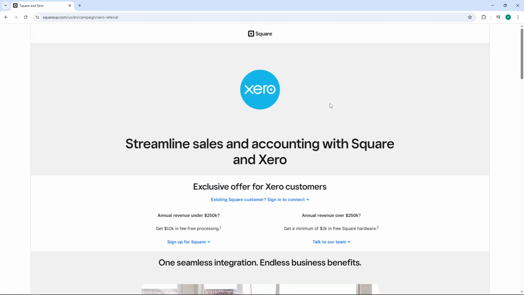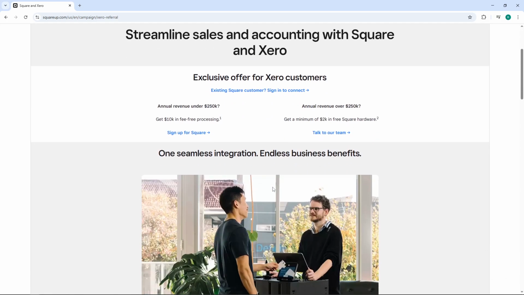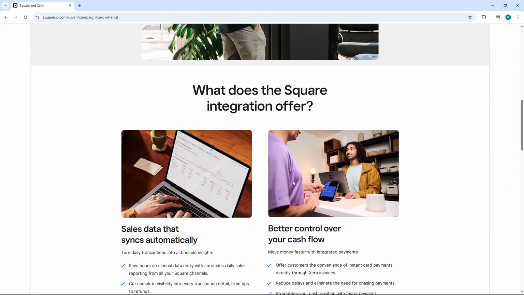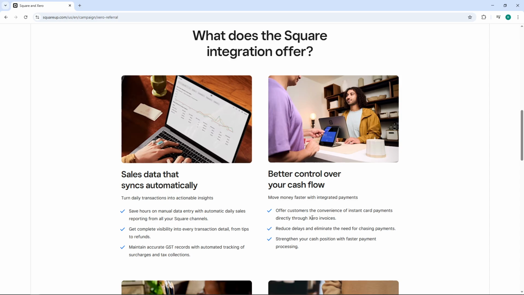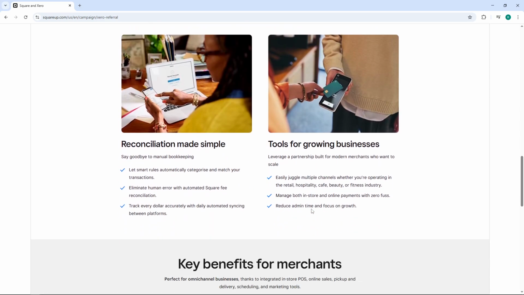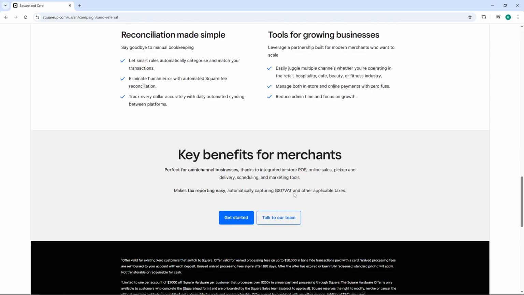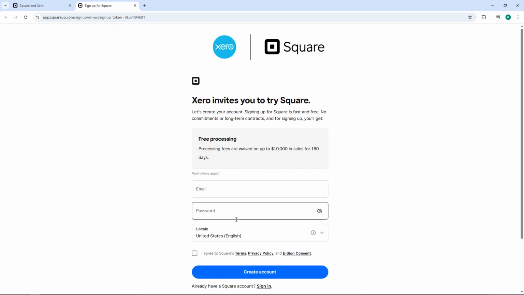You'll see another page with detailed information about the integration benefits. Read through this content again to further understand how it can help your business operations run more smoothly. Scroll down until you find the button labeled Get Started and click on it. This action will redirect you to the Square sign-up page where you'll either create a new account or sign into